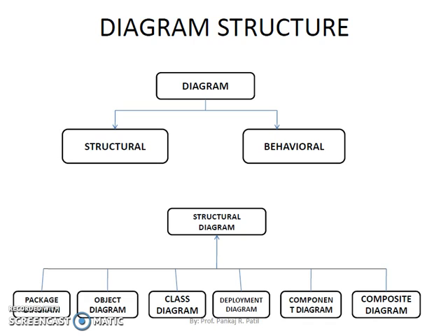So, the diagrams are of two types: structural diagrams and behavioral diagrams. These types of diagrams are according to the views which are going to be represented by these particular diagrams. Generally, structural diagrams are the diagrams which don't show the information flow among the objects, while the behavioral diagram shows the information or the data flow among the objects. So these are the two kinds of diagrams.